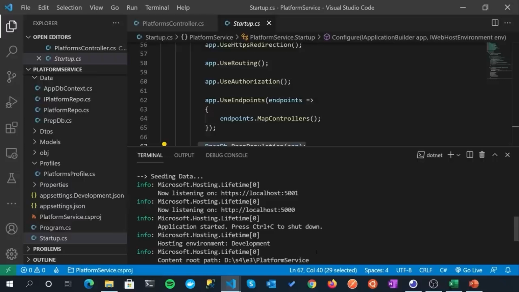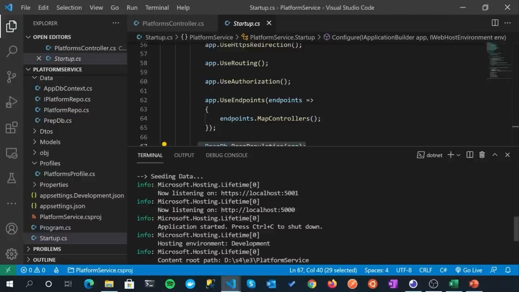Now that's something I might tidy up in future videos, but for the moment, I don't really feel it's too much of an inhibitor, especially not when we come to running things in Kubernetes. But it does come back to haunt us a little bit later on in the video when we come to using gRPC, but we'll cover that when we come to it. So just wanted to call that out. Running on localhost 5000, 5001. For the most part in this video, we're just going to be working with HTTP to keep it simple. Otherwise, we start going down some rabbit holes.